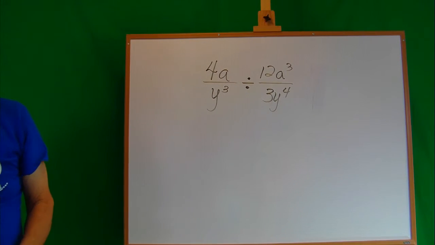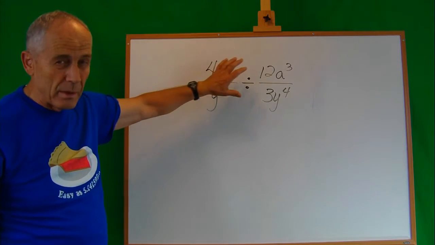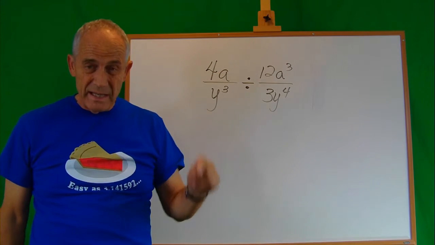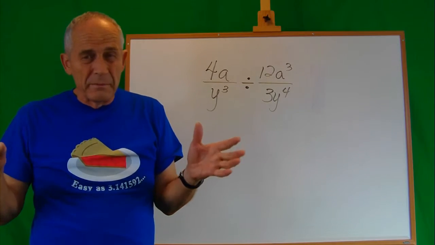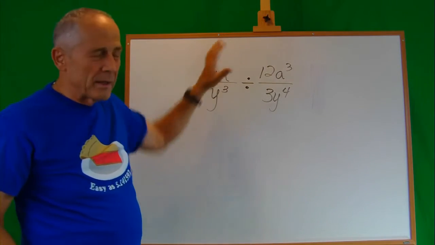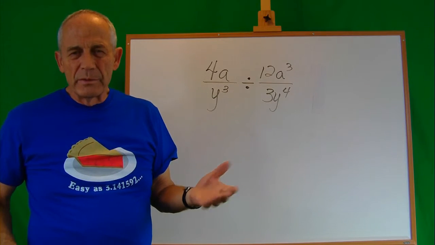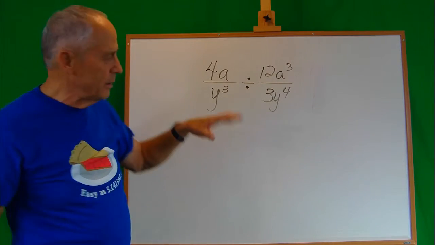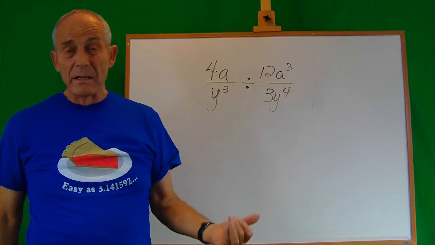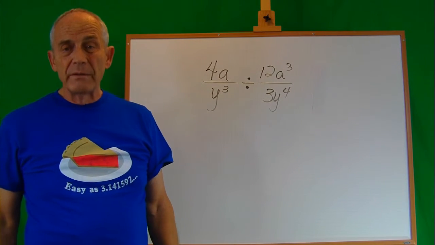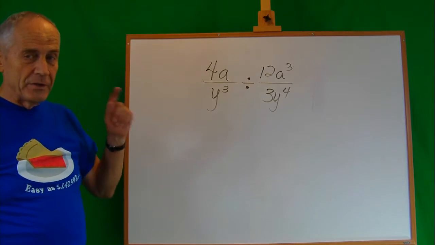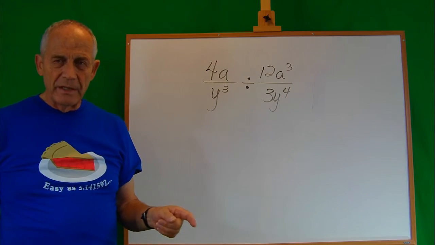Now, first of all, is there anybody in here who has trouble looking at this and seeing fractions? I mean, the form of fractions is the form of fractions. What they actually look like depends upon what we're talking about here. But these are two fractions, and we are dividing. So we're going to do what we always do when we divide fractions. And just like we did with the multiplication, remember,